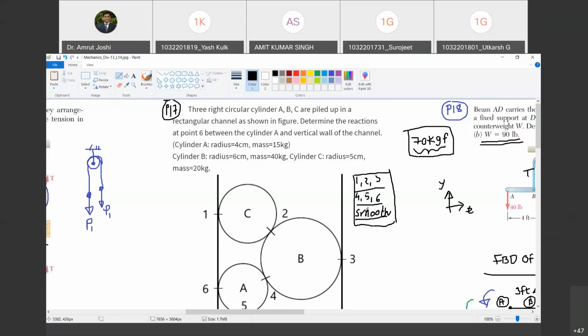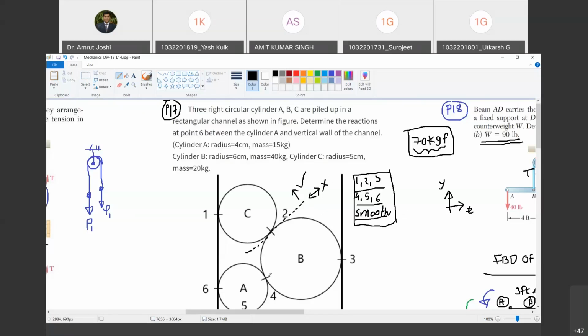So if friction is to be neglected, then wherever two surfaces are in contact, if I draw a common tangent, there cannot be a reaction along that tangent. Do you agree with me? For example, if you consider sphere C and sphere B, they are in contact at point number 2. If I draw a common tangent, there cannot be any reaction along it because it is frictionless, right? But there can be a reaction normal to it. This reaction is possible. Happy? Force will be there.